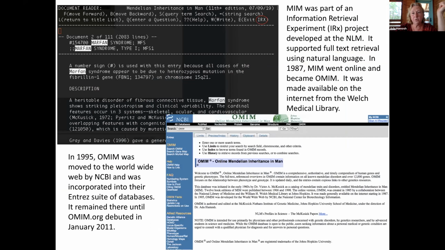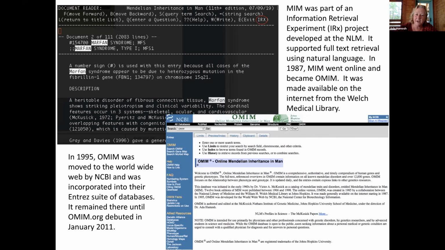This is a couple of pictures of the history. Initially, OMIM was part of something called the Information Retrieval Experiment that NCBI developed. So it was always on computer cards, even in 1966, which is why the entire first edition is published in uppercase, because there was no ability to do upper and lowercase typing on computer cards in 1966. That's why the titles are still all uppercase, and people hate that. However, I always know the source of that title. If it's all uppercase, it comes from OMIM.